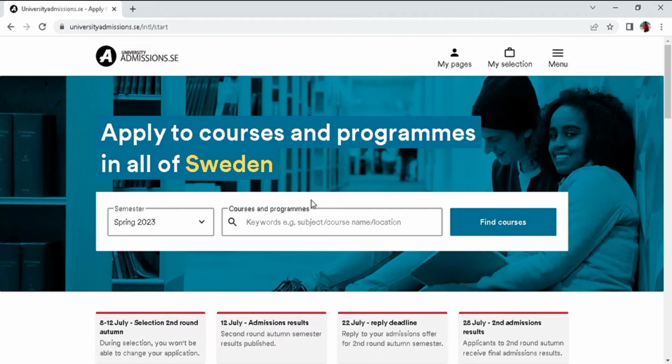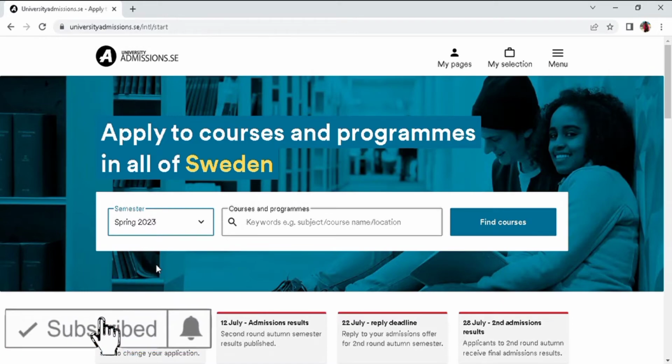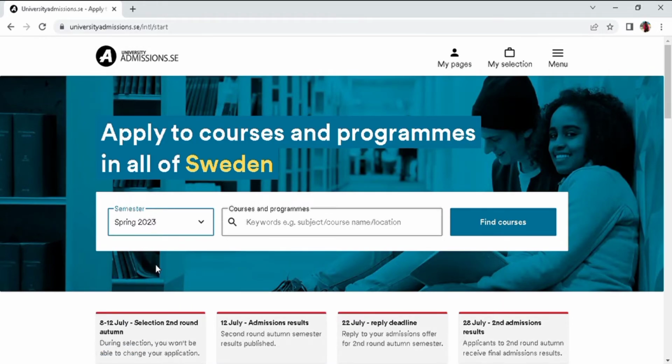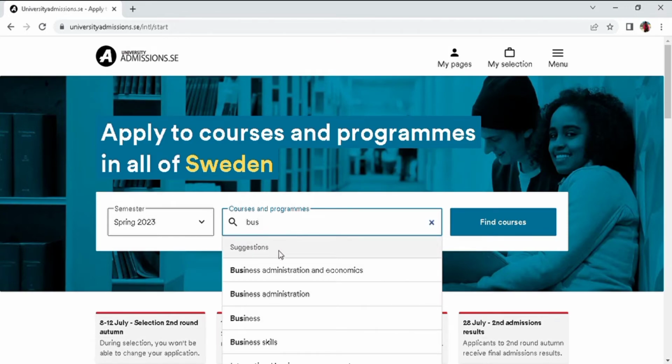So guys, this is the home page of the application. After you have created an account, you are expected to come in here and apply for your course. I will be talking about the sections they have. They have spring section, autumn section, and summer section. For those of you who are actually looking for scholarship, you have to wait for the autumn section. Currently the spring section is on, but for the spring section you hardly get any form of